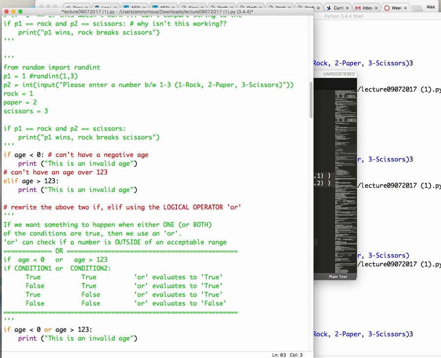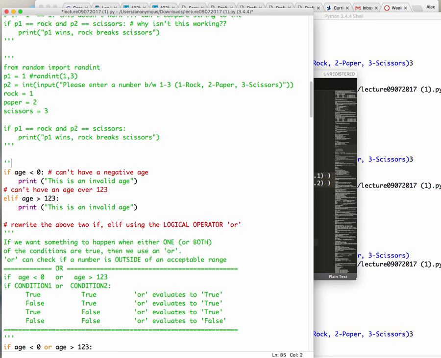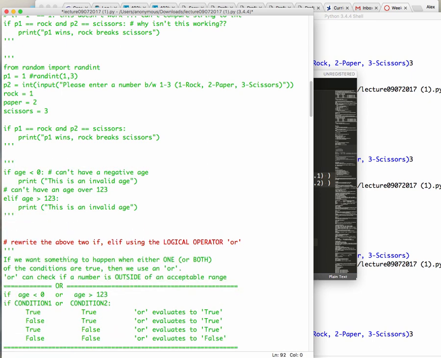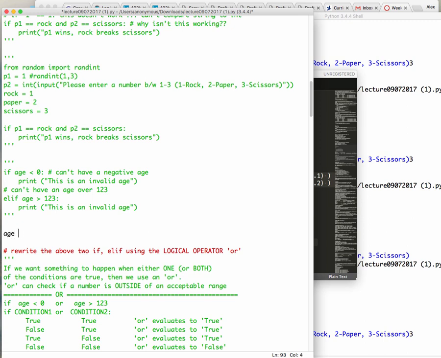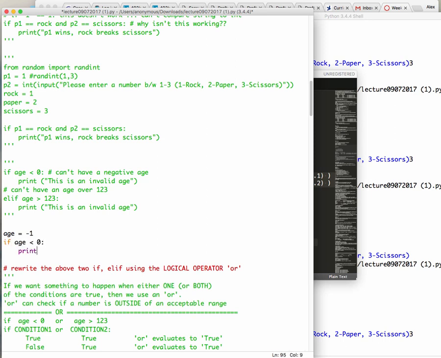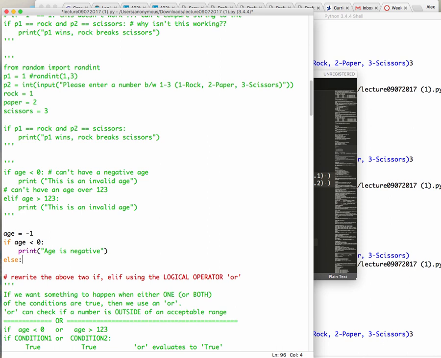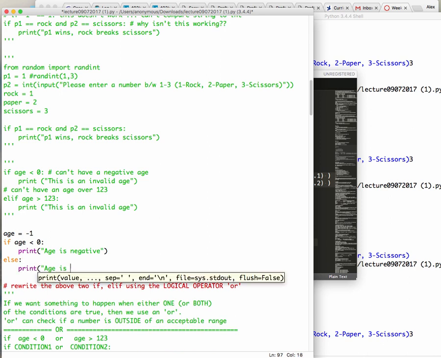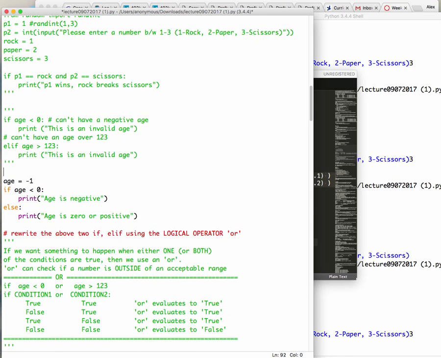All right, so you have an if and elif, right? You can also have an if and else, right? That kind of stuff. So if I have, this is one, let's say you have age is equal to -1. So if I have if age is less than 0, I say print age is negative. Then you can have an else, and this will be print age is 0 or positive. Make sense? Okay, so the basic if else, if elif, and then in addition to this, we also had